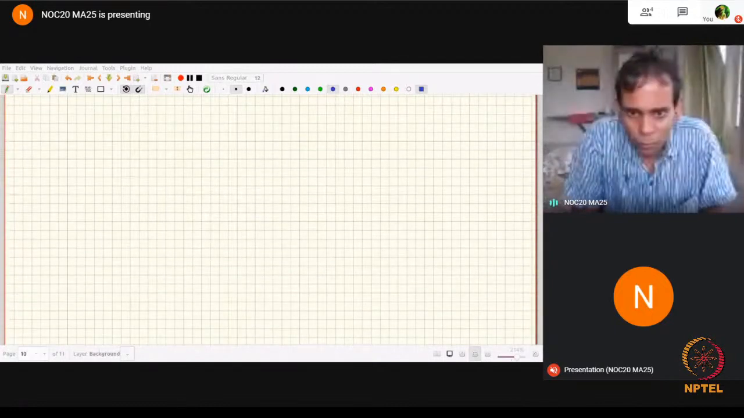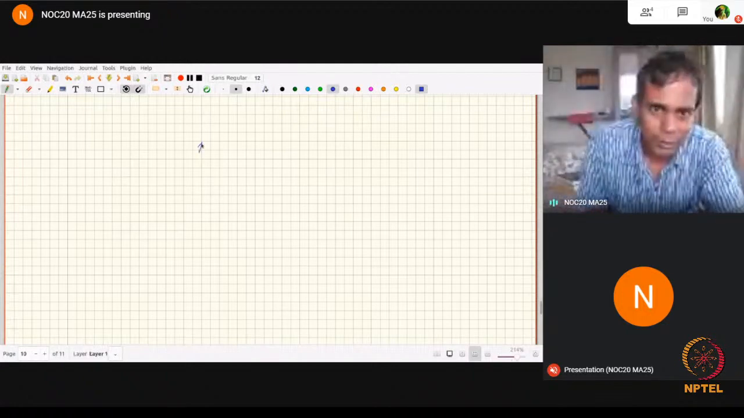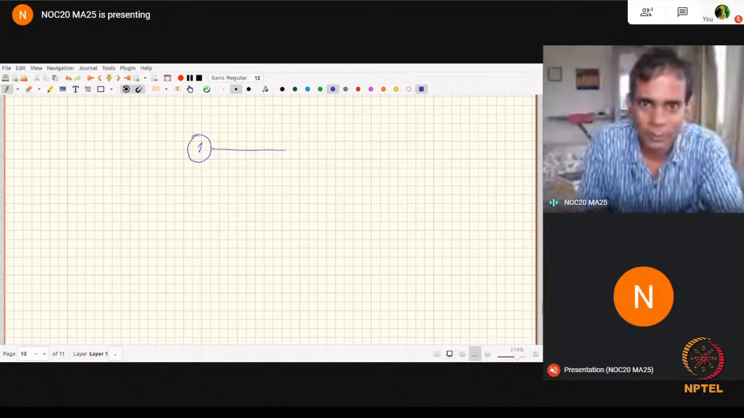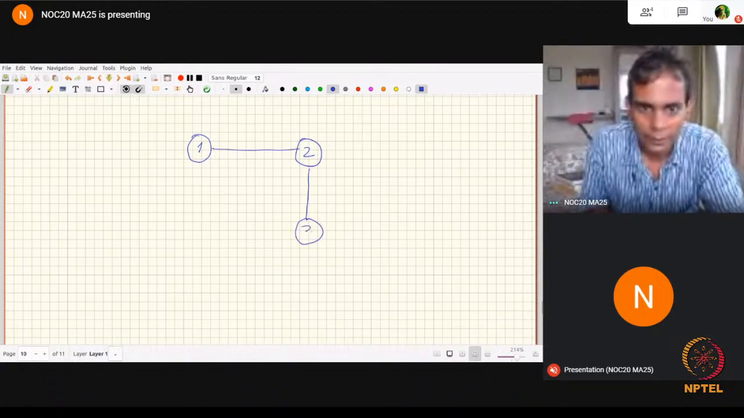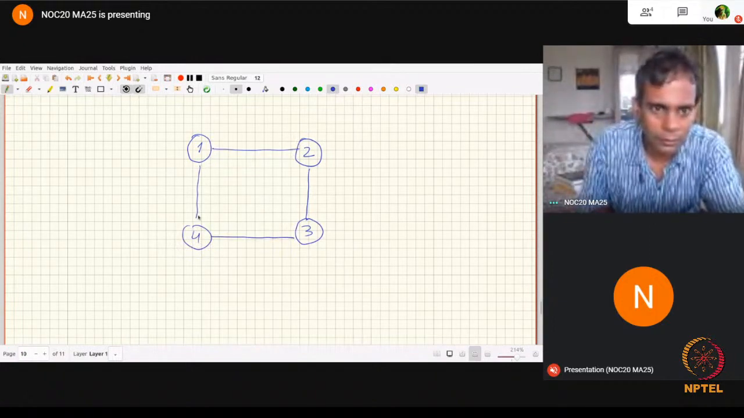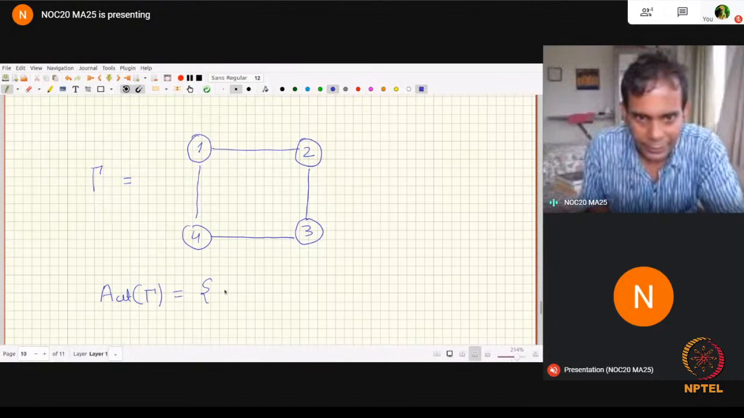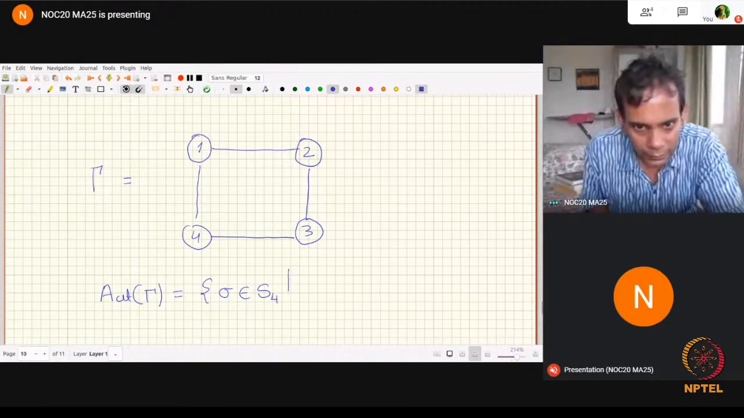Okay, so we have this 4-point graph. What is the meaning of the automorphism group? This is a very fundamental question. So I have this graph with vertices 1, 2, 3, 4, and Aut Gamma, by definition, is the set of sigma in S4 such that